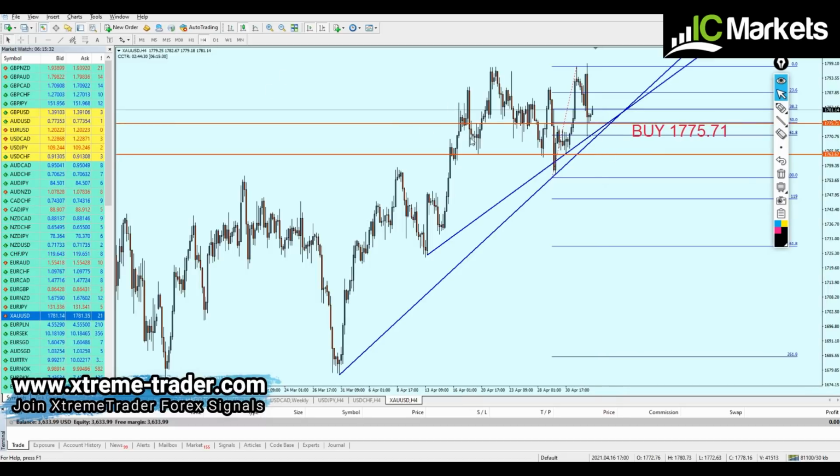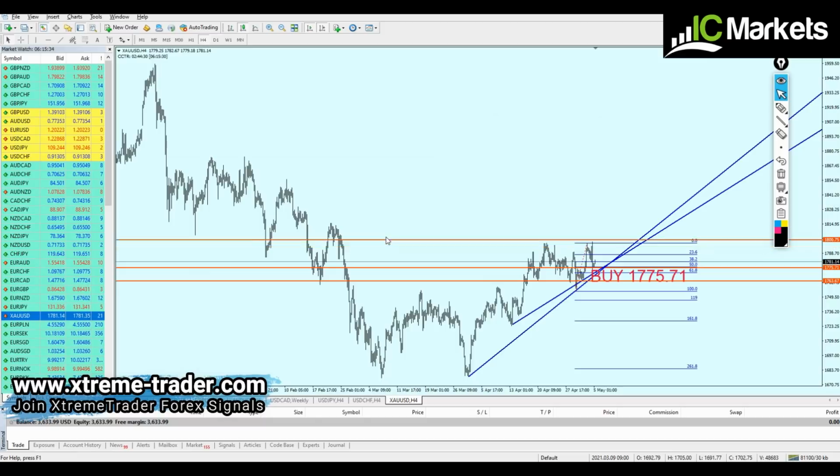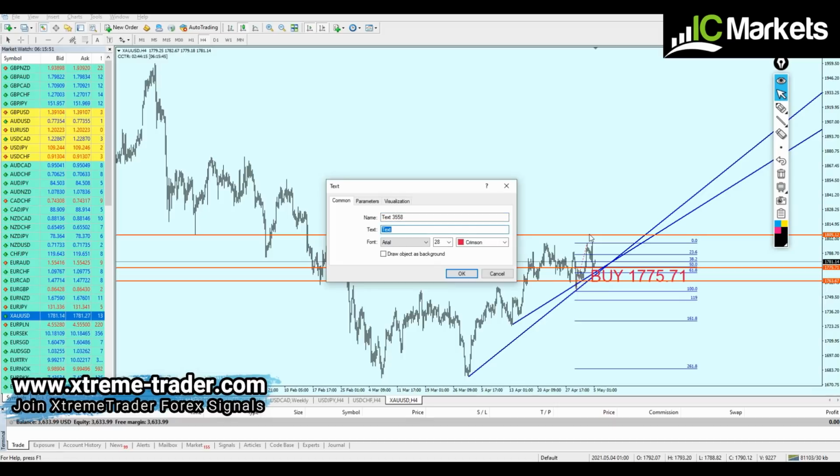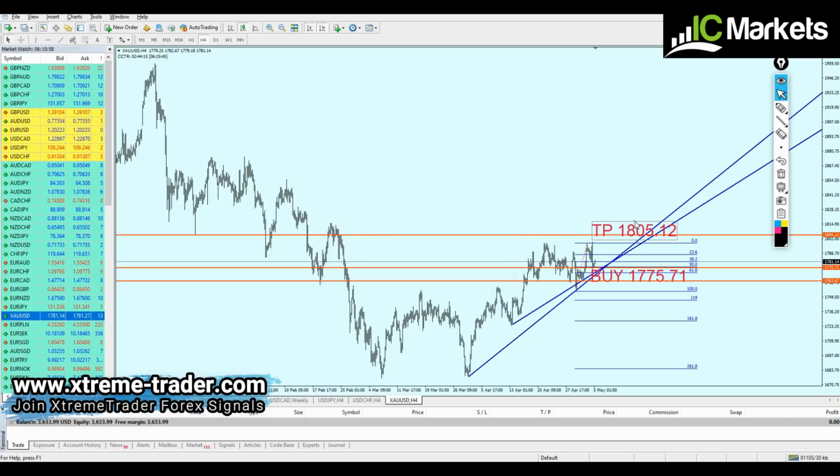Meanwhile, our target will be the peak of the resistance right here. Exactly right here. This is better because, as you can see, the level was also a strong key support level. So I don't think it's going to exceed that level easily. That's going to be our target. So the target will be, let's say, about 300 pips, hopefully in a very good profit. So take profit level 1805.12. There goes your signal for this midweek analysis,